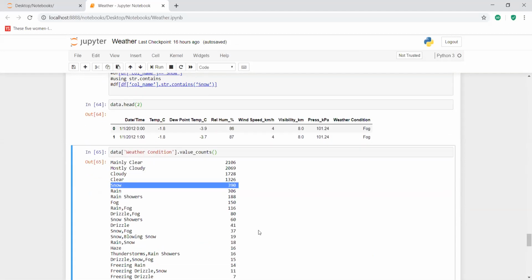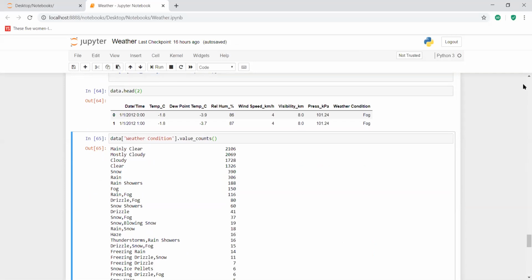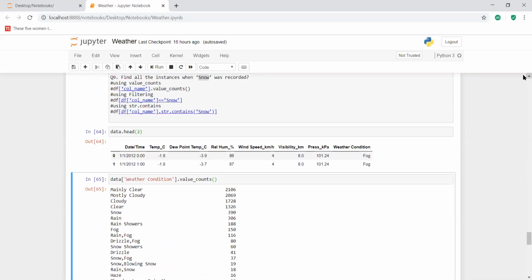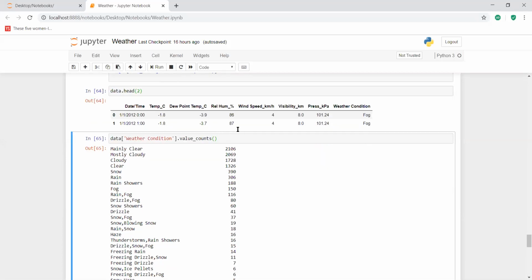You see here, snow fog has occurred for 37 times. Blowing snow has occurred for 19 times. So this is not going to help us. The question was that we have to find out all the instances when snow was recorded. So snow and rain snow, all those are instances of snow. So this particular value underscore counts is not going to give us the correct results.